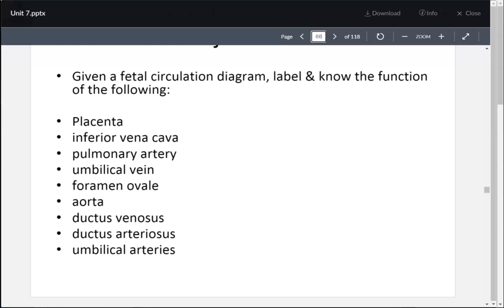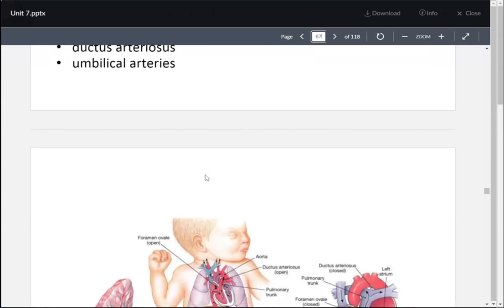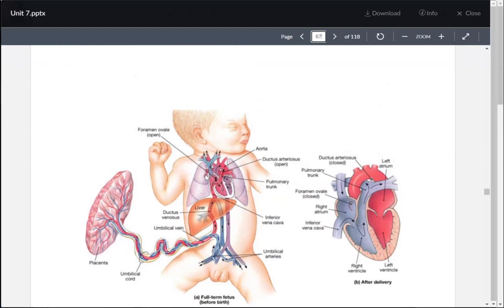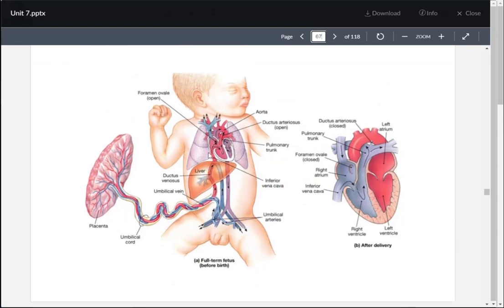So there is a lot that's going to occur here in regards to bypasses. So for instance, here, we're going to have what's called the foramen ovale. And the foramen ovale is actually going to be essentially a bypass between the right and left artery, or atria,